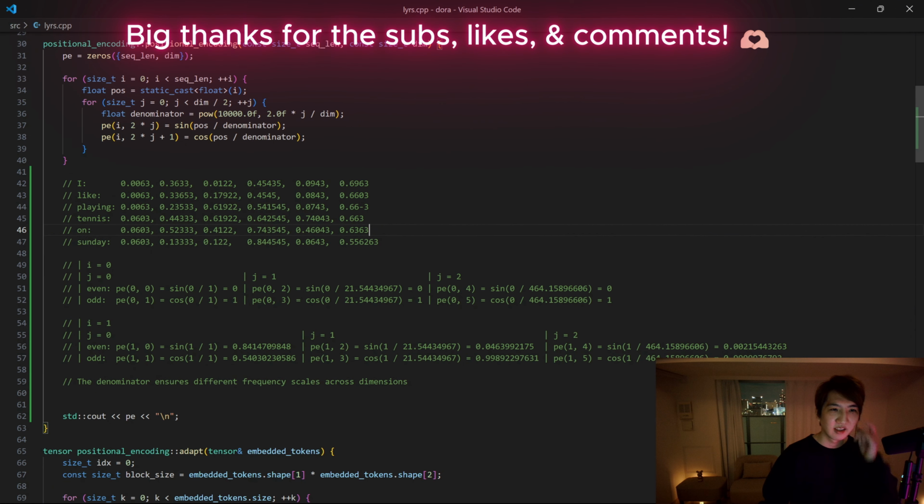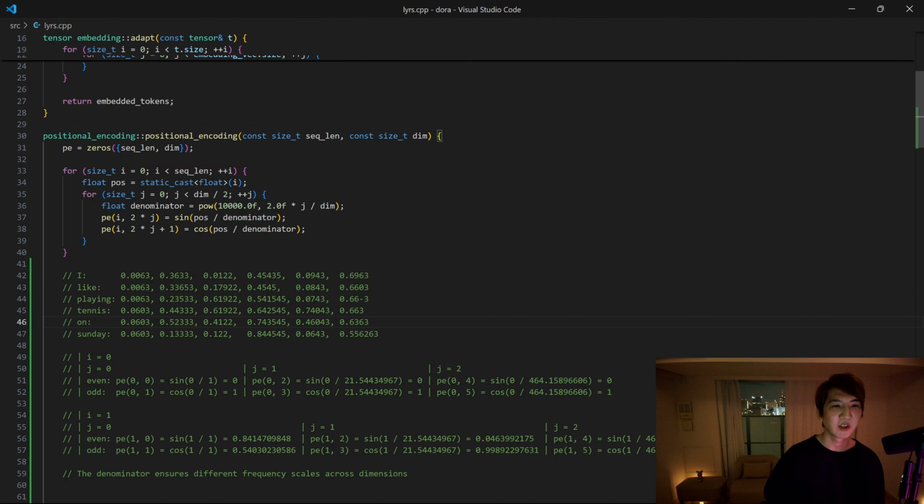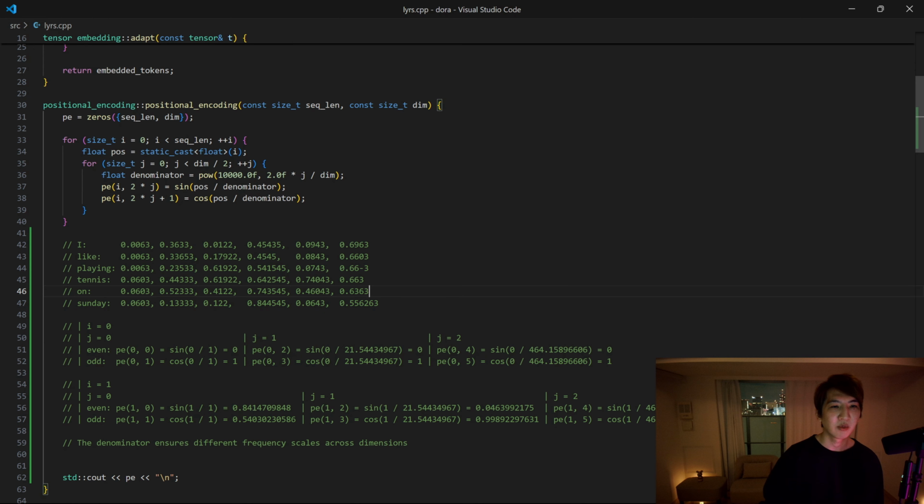And how is it implemented? I mean, how does it work? They use sinusoidal functions, sine and cosine, because sine is even and cosine is odd. So for even indexes, sine functions are used, and for odd indexes, cosine functions are used. By the way, these are not the embedding matrix, but